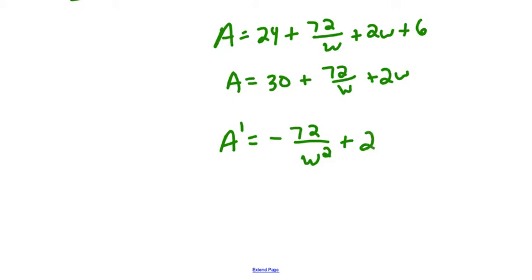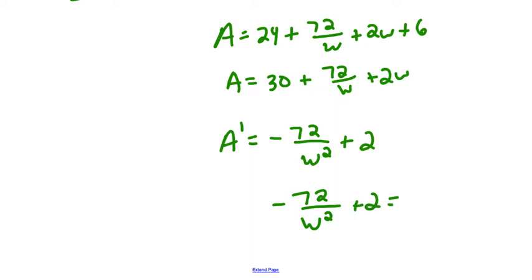Okay, and when we're doing these, don't think of it in terms of related rates, where we wonder whether we're doing the derivative with respect to x or y or t. These derivatives, because we chose the variable, we're taking with respect to whatever variable we chose. Okay, so now we're going to take this negative 72 over w squared